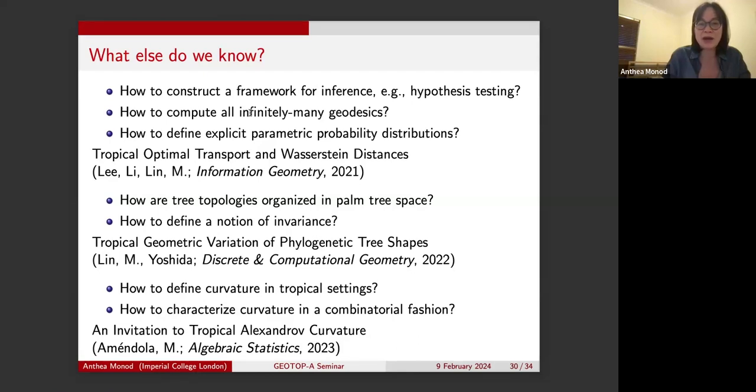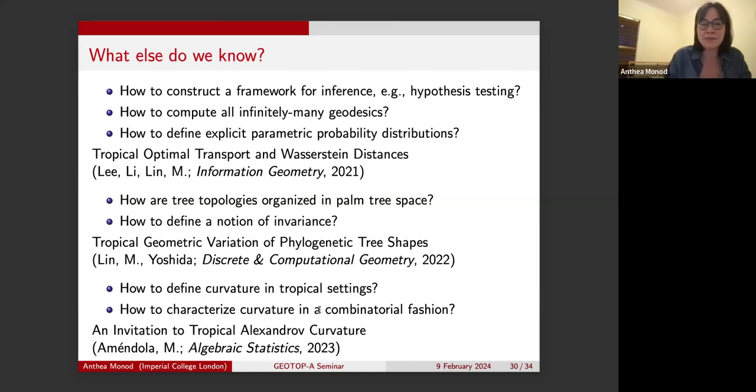BHV space. So how do you construct a framework for inference? How do you compute the infinitely many geodesics that there are in the tropical tree space? And how do you define explicit parametric probability distributions? You can do this using optimal transport, and that's what we've done in this paper from 2021 with my